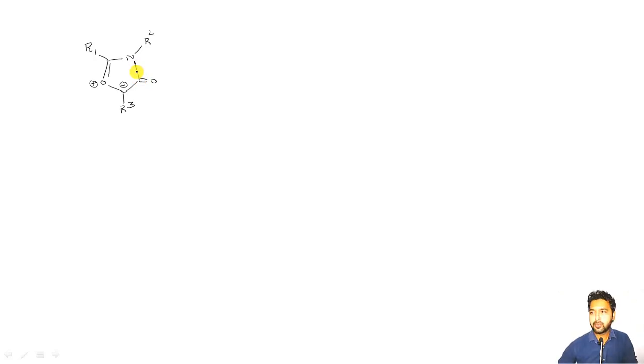So this is my 1,3 dipole, and this time I'm interested in the reaction of this, this is the third reaction, with some alkyne molecule. Let me write here the alkyne molecule. Okay, so let me take a general alkyne here. Let me take a C triple bond C having H here and H here on this side, right? So for simplicity, let me draw this alkyne here on this side. It is having H, this is also having H.